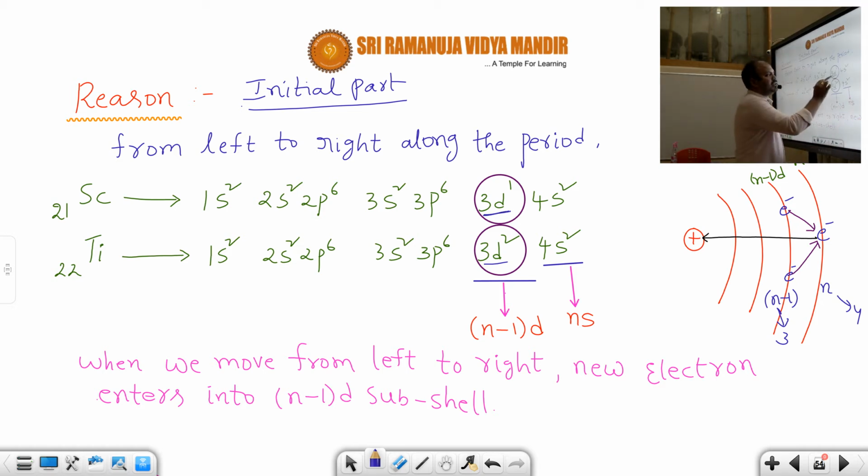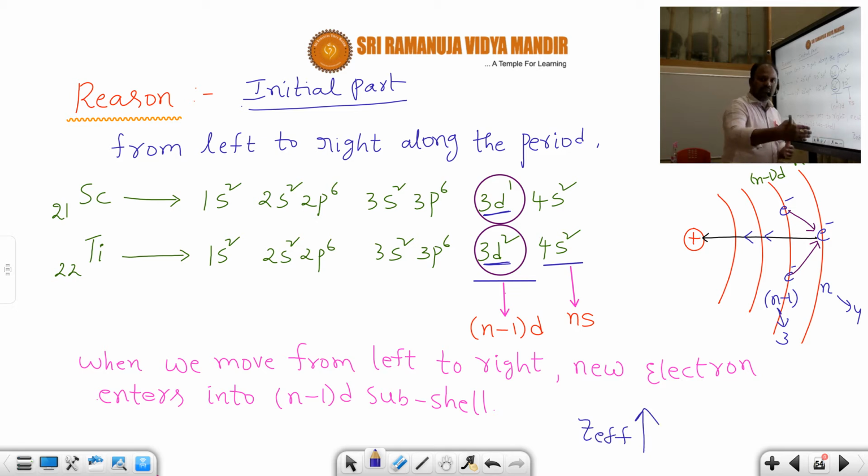So the electron enters into 3D1, 3D2, 3D3. That means the d subshell of the penultimate shell. That means here the electrons increase. In 3D1, one electron will be there. In 3D2, a second electron will be there in the penultimate shell. In 3D3, a third electron will be there in the penultimate shell. In that region, what will happen? The outermost electron is strongly attracted by the nucleus. Due to the reason, effective nuclear charge